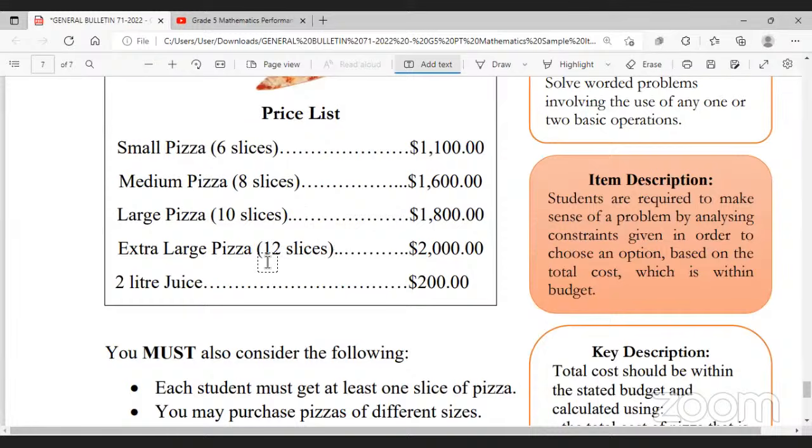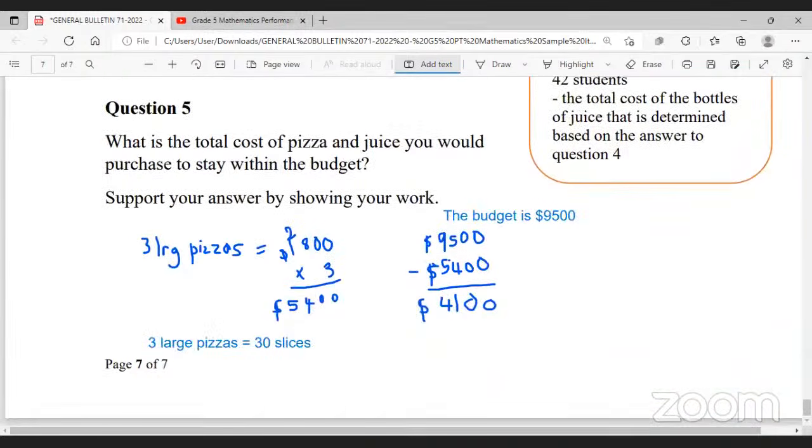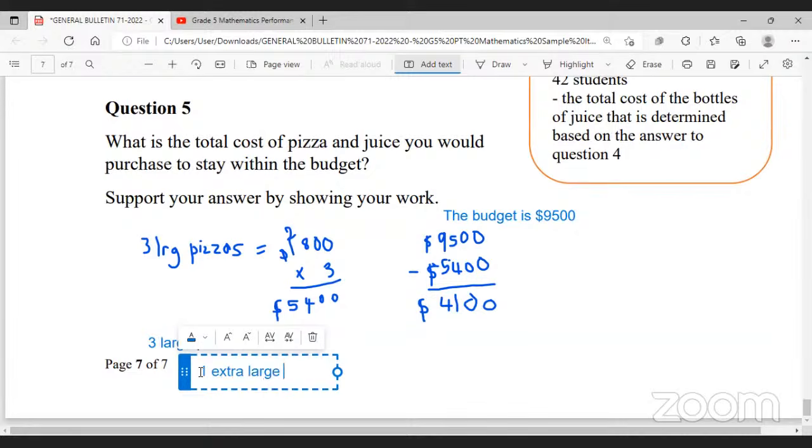I can either buy an extra large pizza with 12 slices for $2,000, or I can buy 2 small pizzas with the same 12 slices for $2,200, because I'm doubling this $1,100. I'm gonna stay on the safer side and buy 1 extra large pizza for $2,000. I'm gonna buy 1 extra large pizza,